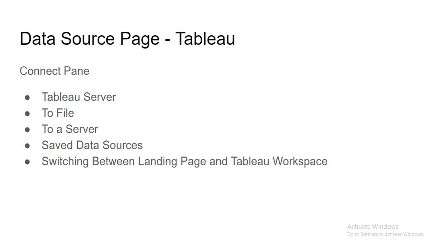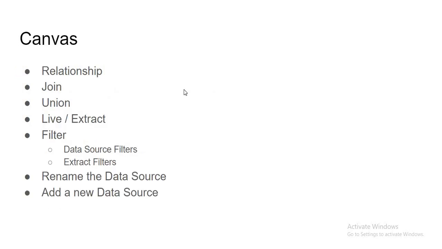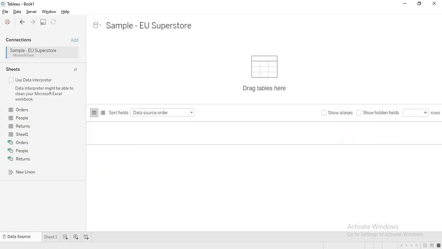Okay, so once you go to the data source page, what all do you have? Here, this talks about data source connections. Also, if you are connecting to a data source that contains multiple schemas, you have an option to connect to multiple schemas or one of them, and then you will get all the tables. You can search for the tables and select the tables from here. This whole section talks about the data source connection, schema, and the tables in it. All will be displayed here.